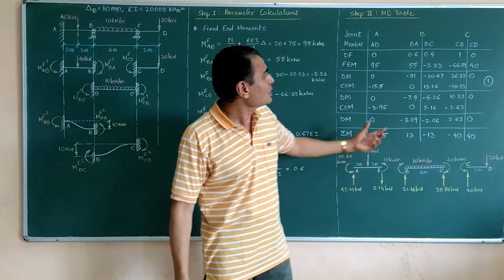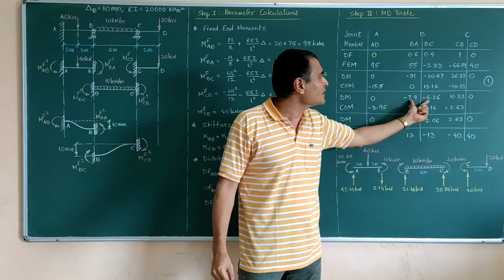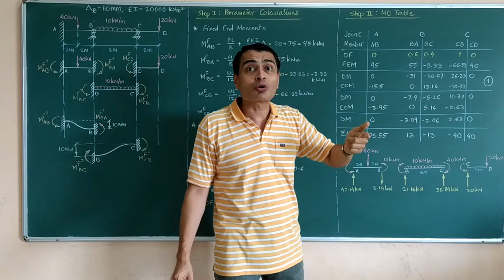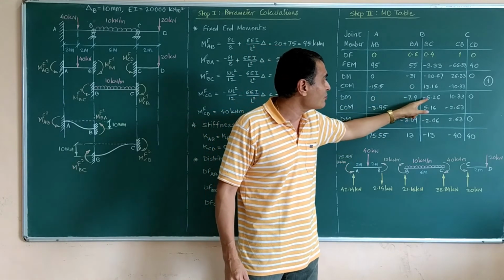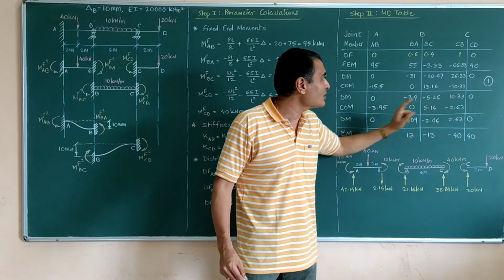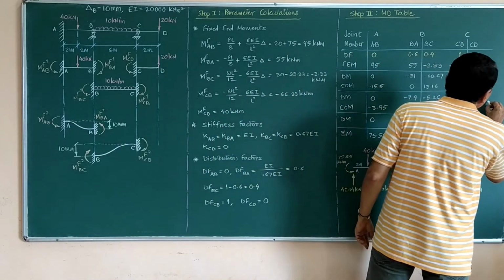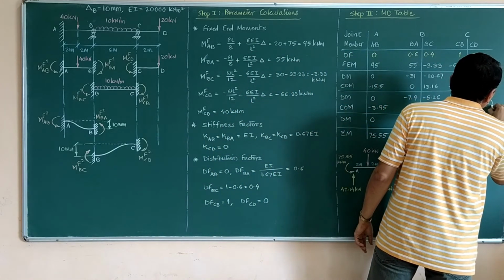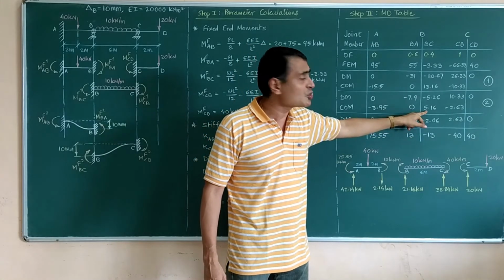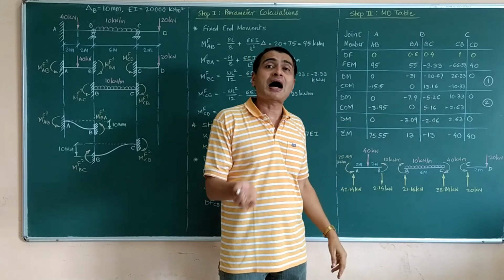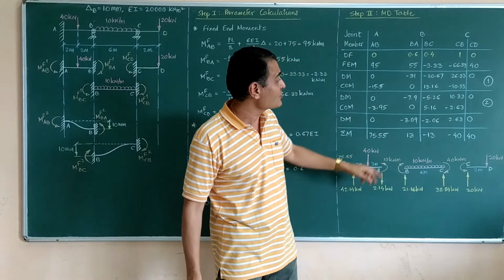For example, moments have got distributed like this. Now carried over moments. So half of this comes here, half of this goes there, half of this goes there, half of this comes here. This is my second cycle of the moment distribution table finished. So I go ahead, observing this imbalance of 5.16, I apply negative 5.16.